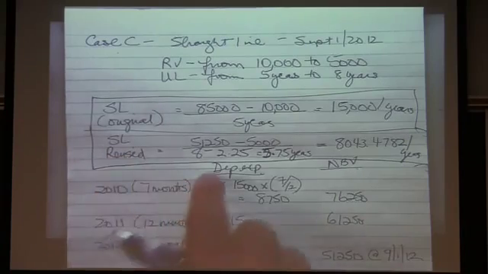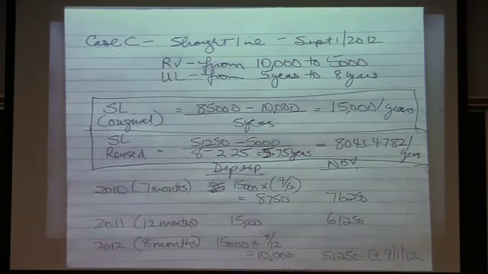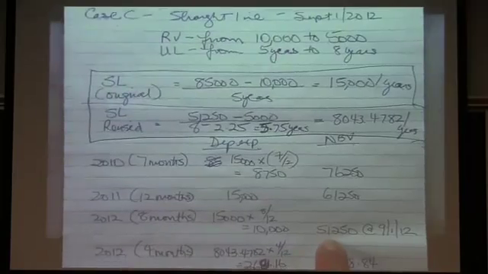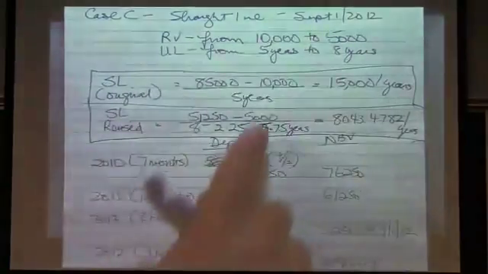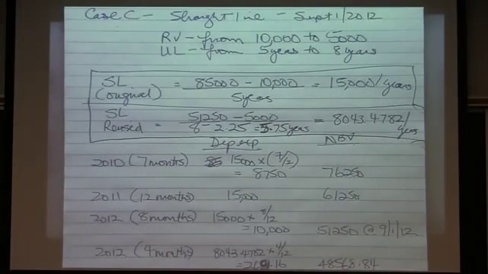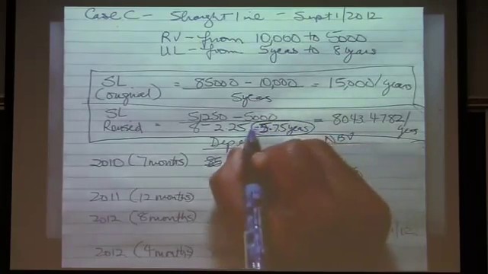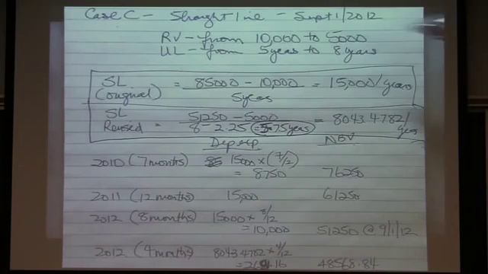And to do that, we need to determine the net book value of the asset at the date of change, or just the day prior to the date of change. In that case, it was September 1st, 2012 for 51,250. Subtract the new residual value of 5,000. We're going to divide it by the new remaining useful life. In this case, we're going to take the 8 years because we know that the useful life went from 5